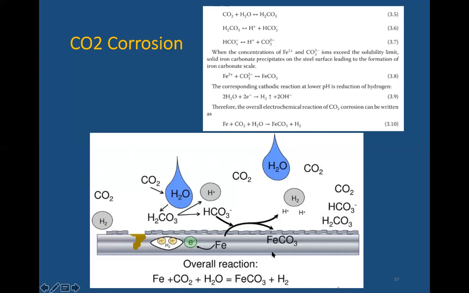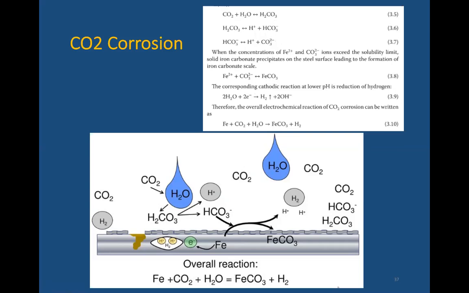This is the Fe surface, and now you have carbon dioxide present here and also water. So carbon dioxide and water react and produce H2CO3, H2CO3 releases H plus and HCO3 minus, HCO3 minus comes to the surface and produces FeCO3, and also this H2O produces H plus and OH minus. So this is the reaction and mechanism. Based on the reaction, you can make 3-4 steps. The first step is producing H2CO3, second HCO3 minus, third CO3 2 minus, and then finally FeCO3 is produced. That is the actual carbonate precipitate.